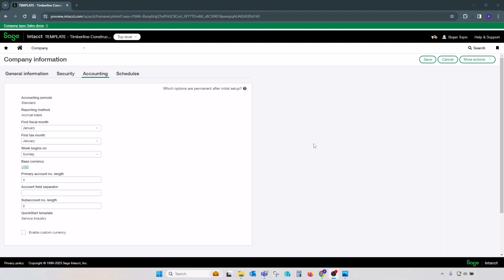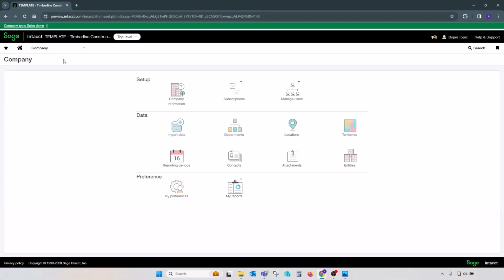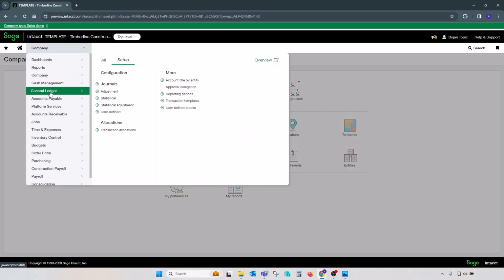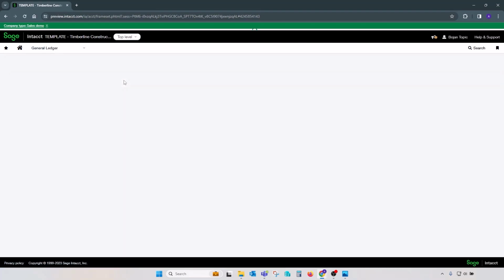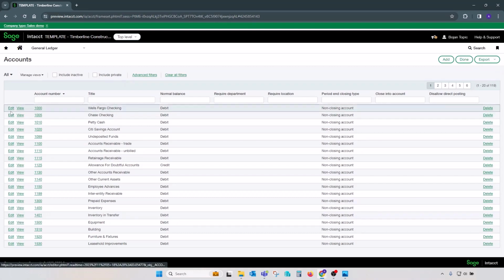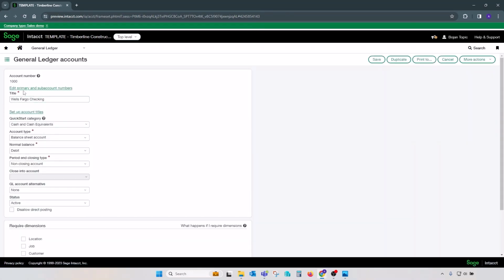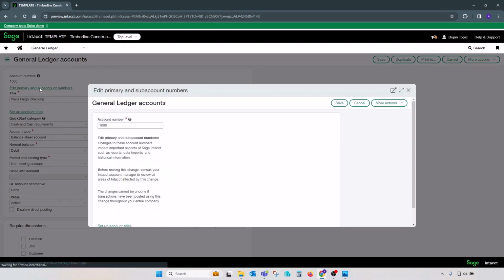Once the change is made in this screen, we will be able to go back to the GL, all general ledger accounts, and edit any of the accounts on the list. Now, a new hyperlink will be available called Edit Primary and Sub-Account Numbers. This is a place where you can make changes to the account number.